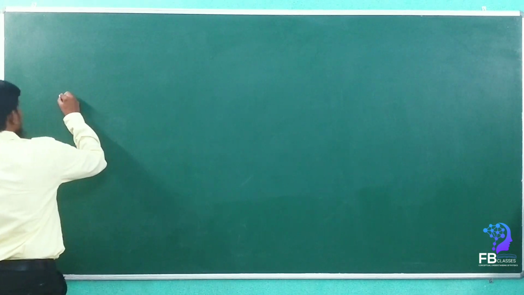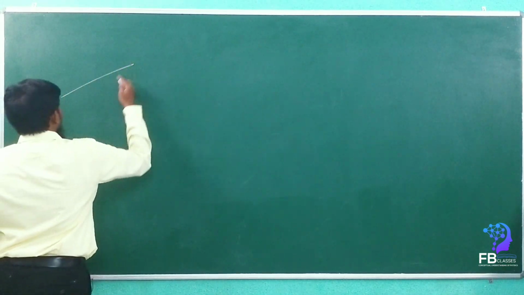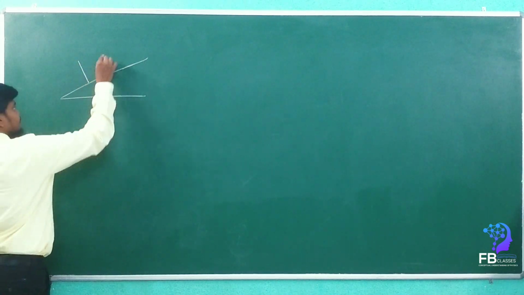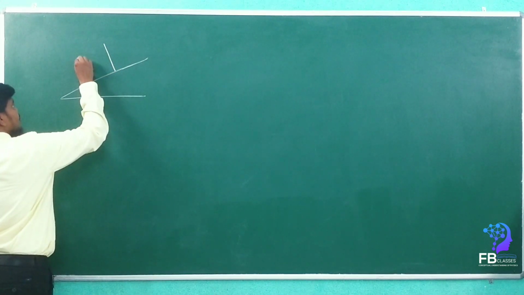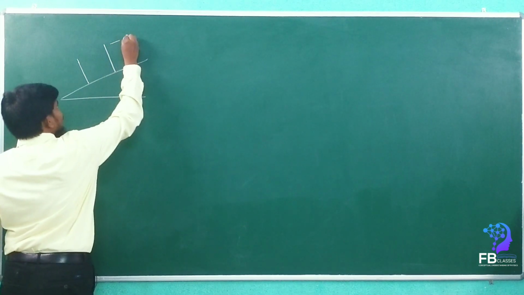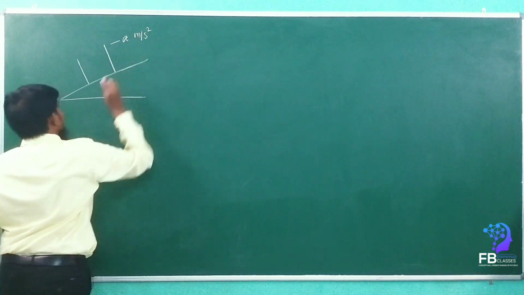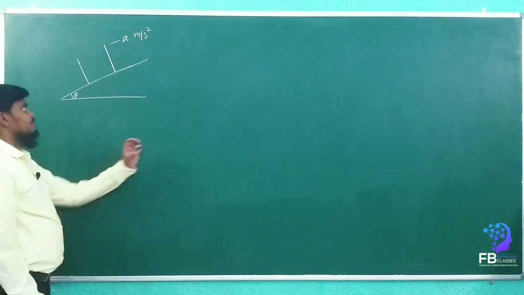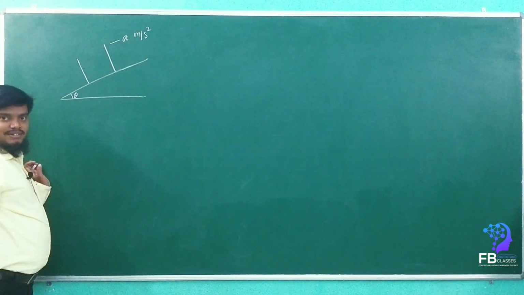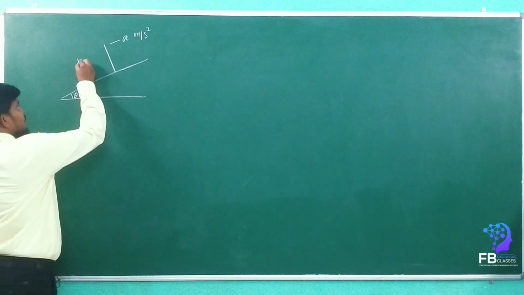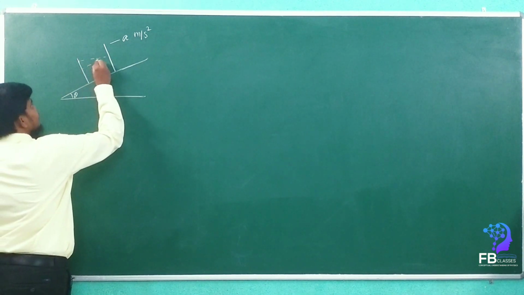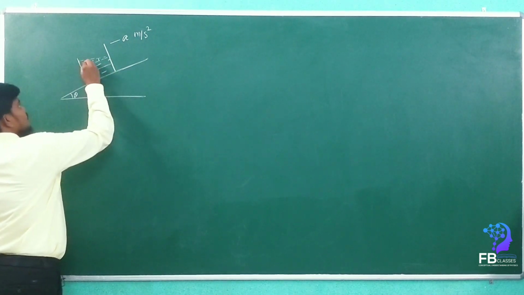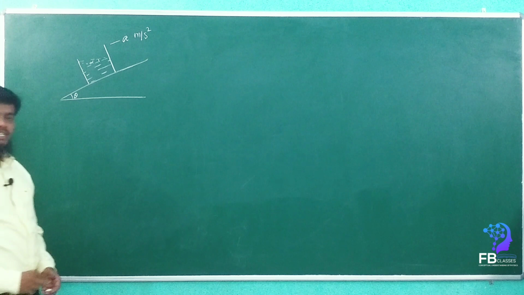See here. If we give the container which is moving on an inclined plane with an acceleration a meter per second square, and the angle is theta, the inclined plane angle is theta. Got it? If you ask like this, then also we can find out. He will ask what the alpha value is. So we can find it very easily.